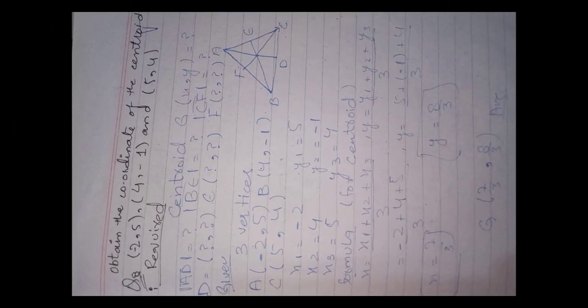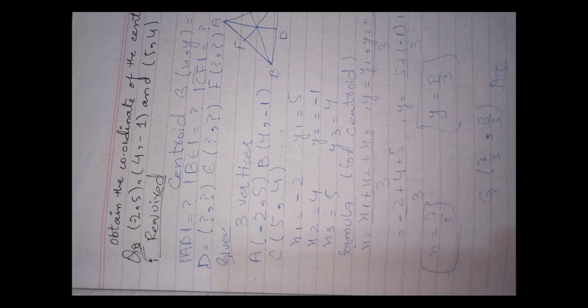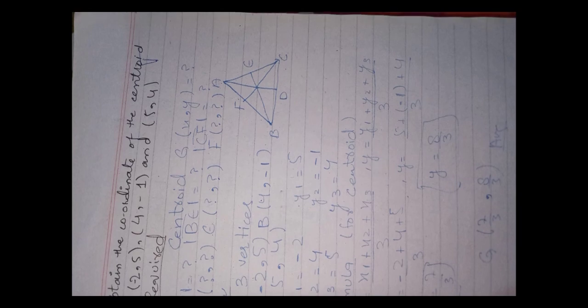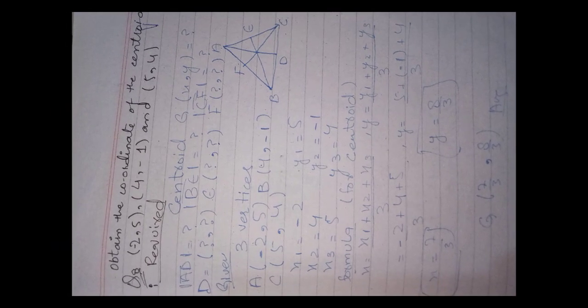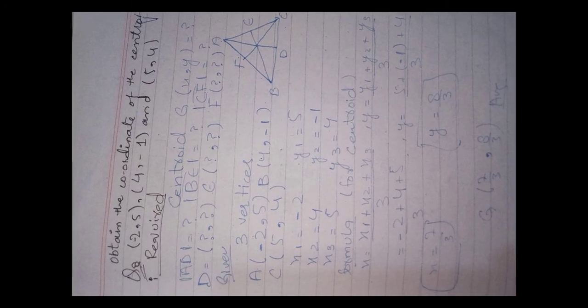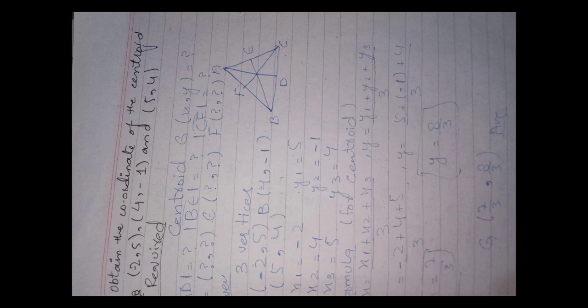We have the question here: find the coordinates of the centroid. We have talked about the formula of the centroid, and now we are going to solve a question on it. This is the simplest question of centroid, finding a centroid. We have 3 points, and we have to find the centroid, and we represent the centroid as G. It doesn't matter which letter you use to represent it.